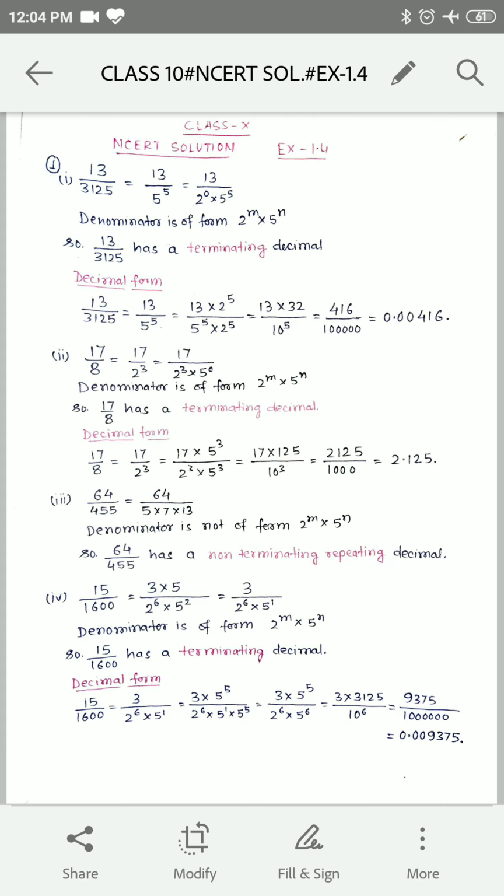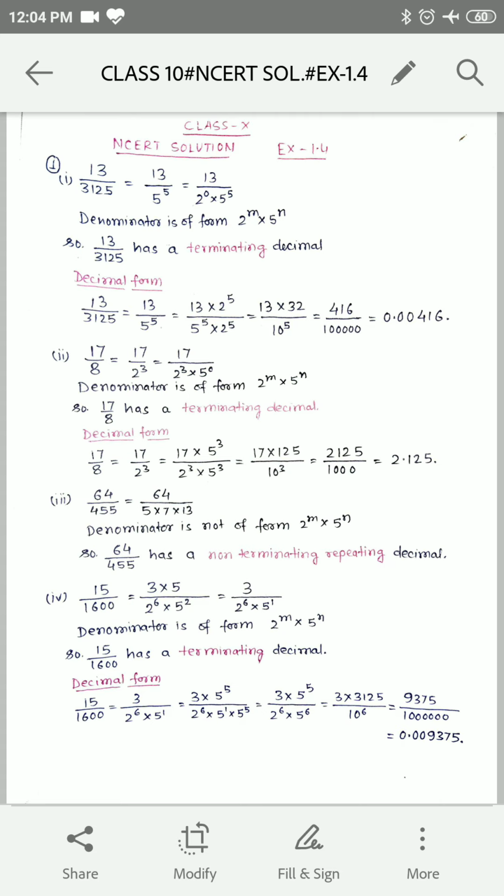Now for question number 4, 15 upon 1600. So we find out the prime factorization of the denominator. For 15, we are writing in the numerator 3 into 5, and the denominator will be 2 power 6 multiply 5 power 2. So on solving it, we get 3 upon 2 power 6 multiply 5 power 1. The 5 in the numerator and the 5 in the denominator in the second step are cancelled out. The denominator here is in the form 2 power m multiply 5 power n. So therefore 15 upon 1600 has a terminating decimal, and the decimal expansion of it is